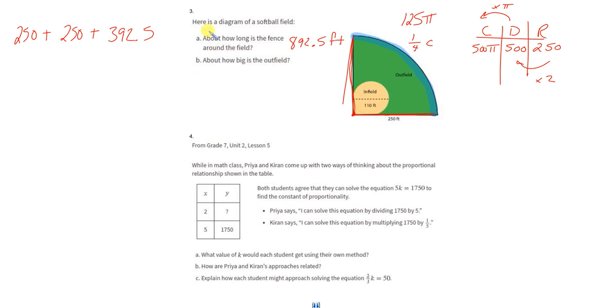Yes, part B of number 3 is a doozy. We have to find out how big the outfield is. So we need a strategy to find the green space. So here's my strategy. What I'm going to do is find the area of the entire base